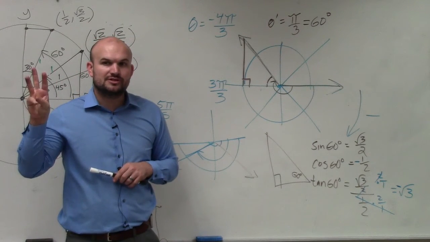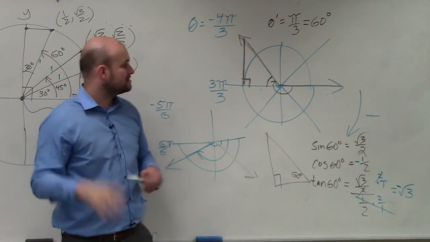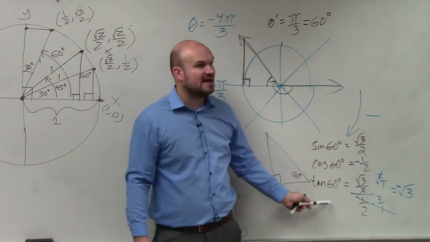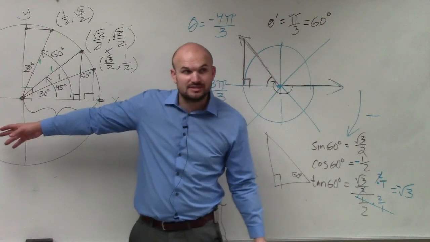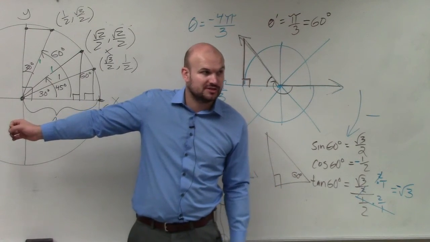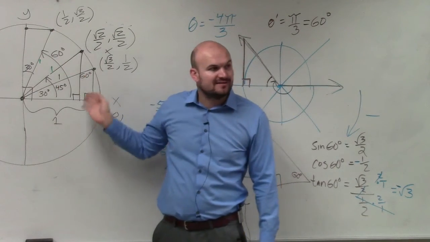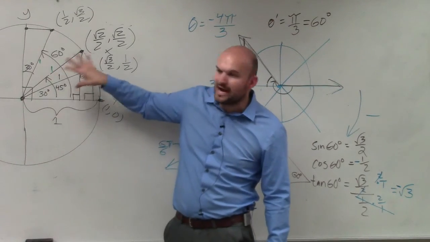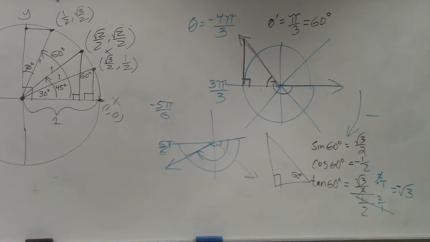There are 4 questions on your quiz. Each question has 3 parts: sketch, find the reference angle, evaluate. OK? If you don't know your 30, 60, 90 triangles, make sure you know them. Even though I've provided the unit circle for you, we have to know how to evaluate the 30, 60, 90. We have to know how to evaluate for the triangles before we can accurately use the unit circle. Because if you don't understand how to evaluate using triangles, you're just going to have to memorize the unit circle, which is a complete